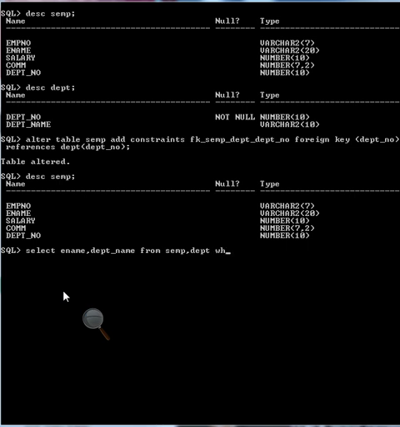Where SEMP dot DEPT number is equal to DEPT dot DEPT number.